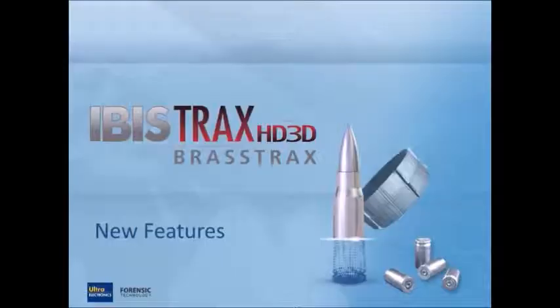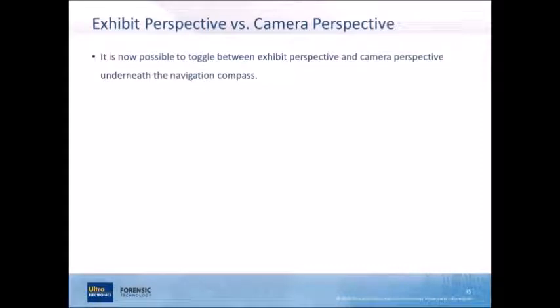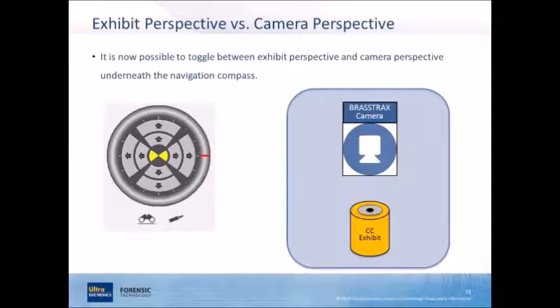All right, so first up is BULLETTRAX. Let's take a look at the new features of version 3.1.1 that are specific to cartridge case image acquisition. Starting with the new toggle button to switch between camera perspective and exhibit perspective. Now this button appears below the navigation compass on the image acquisition window, and it allows us to change between